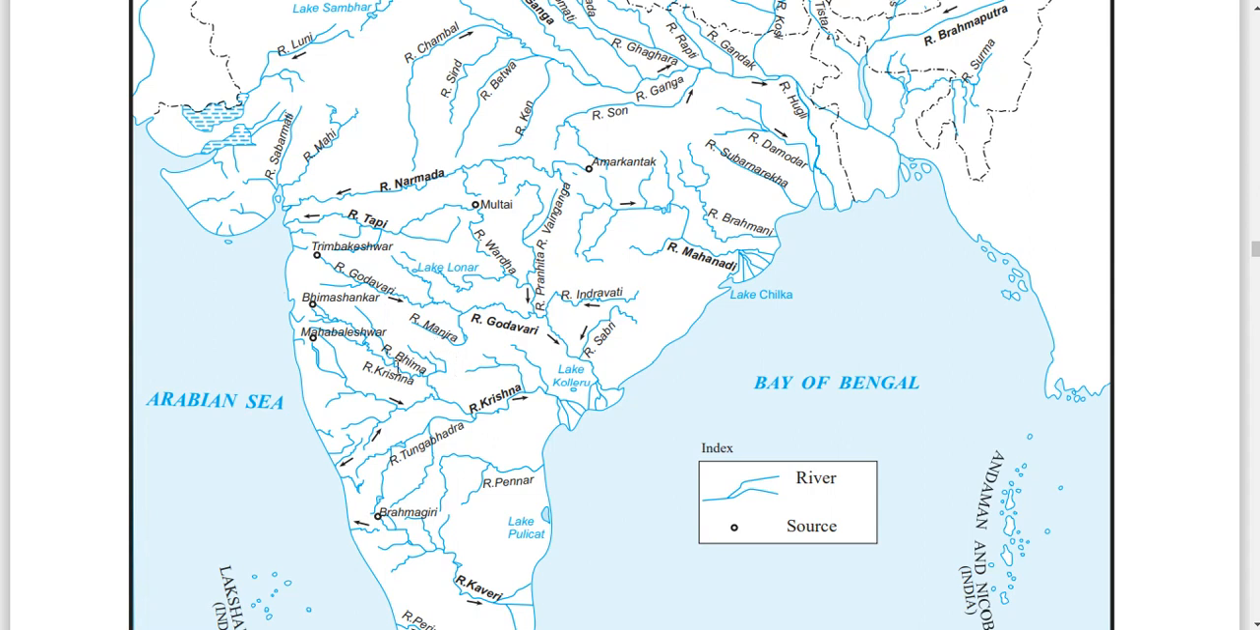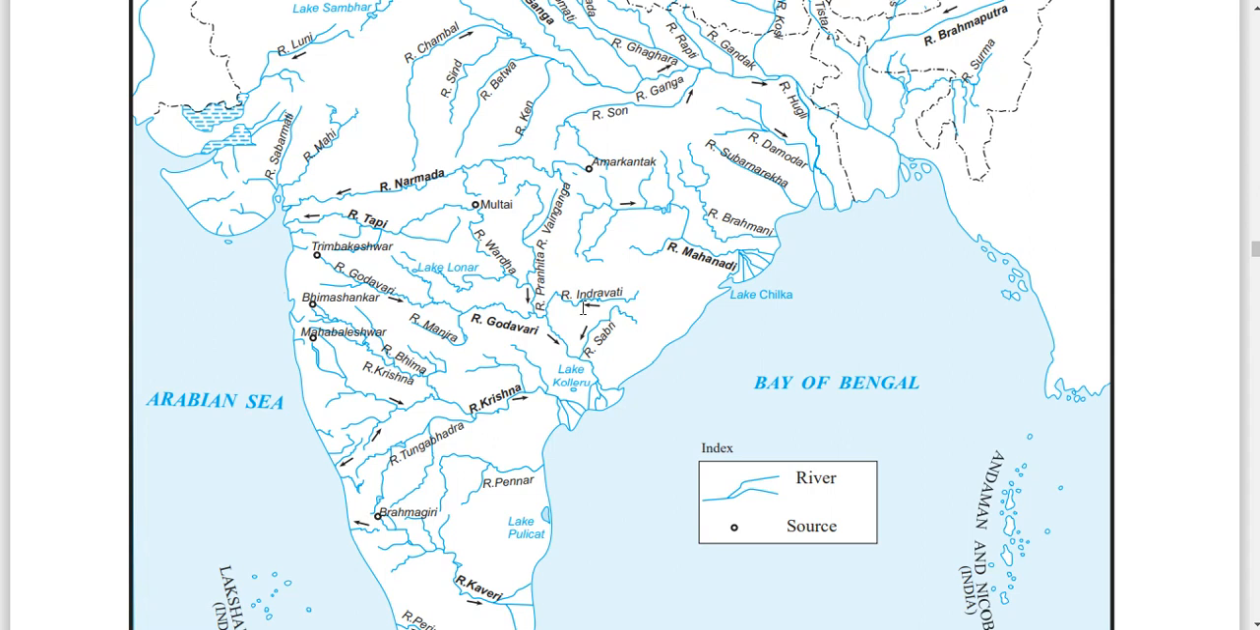Manjara River, Bhima River. Bhima River also passes through Pune. It is coming from near Mahabaleshwar. Krishna River. Krishna River is coming from Mahabaleshwar. Bhima is not exactly from Mahabaleshwar. It may be coming from Bhima Shankar. This is Manjra River,